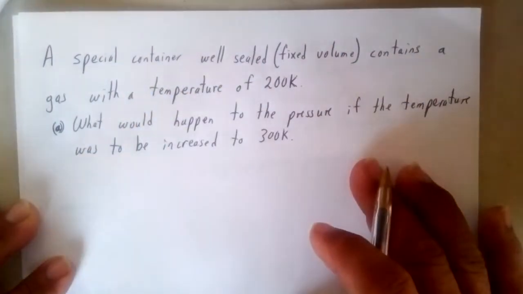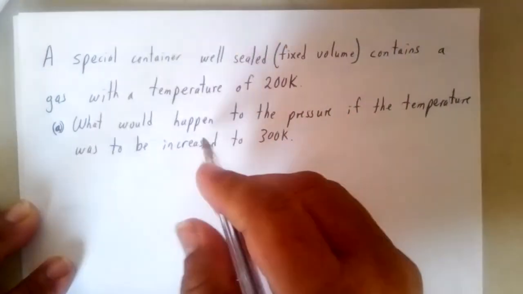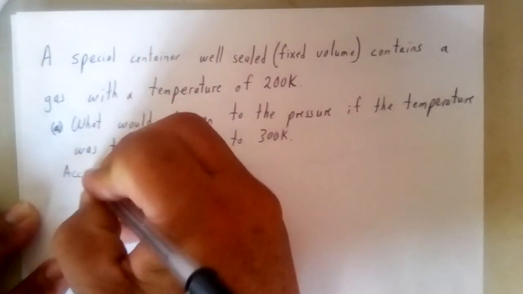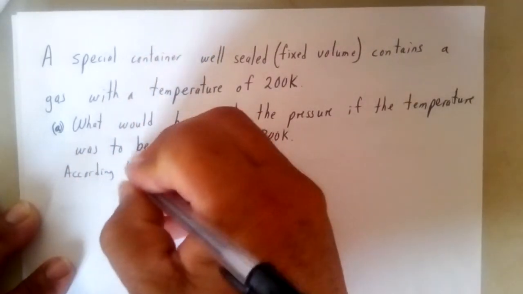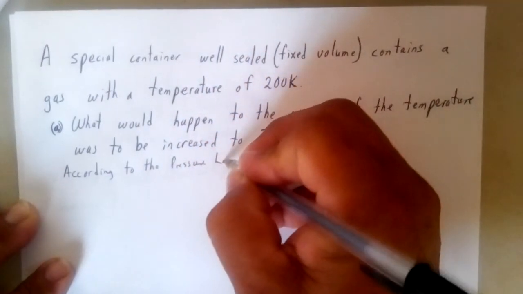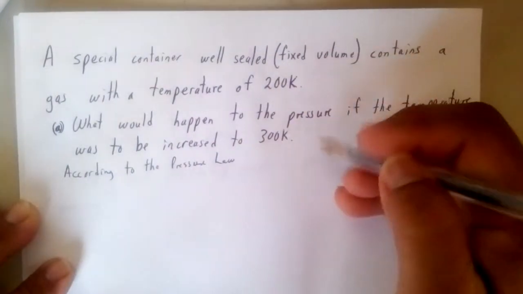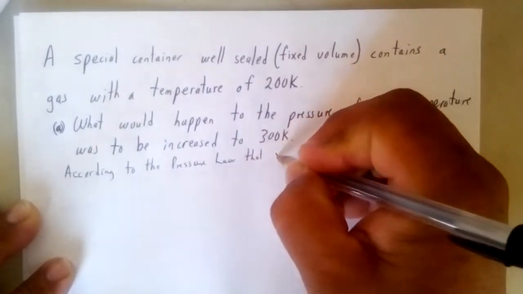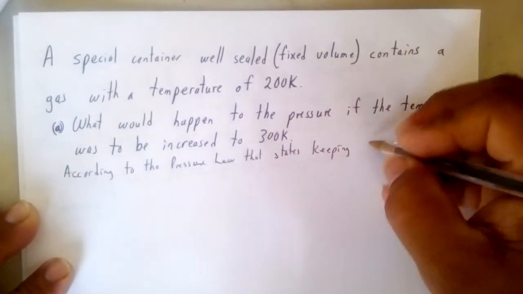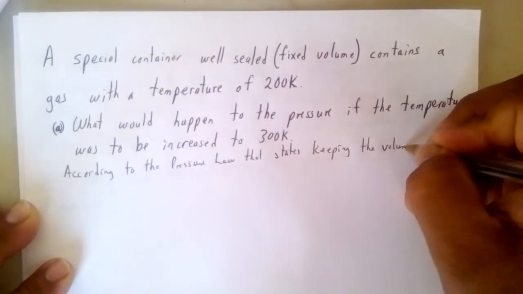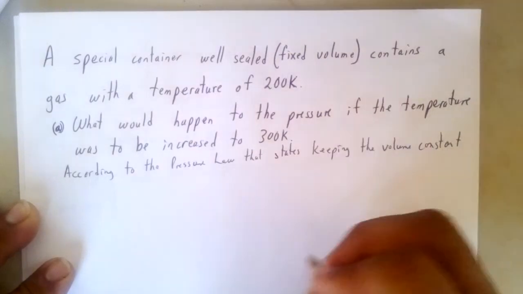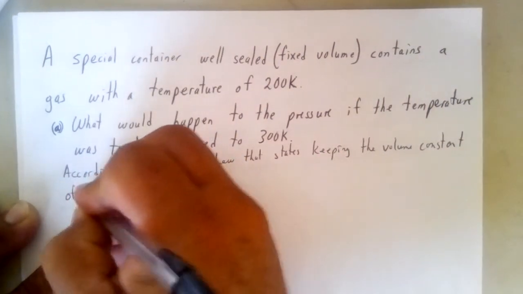Since we're looking for the pressure, we're going to say, according to the pressure law, the combined gas laws also if you want to, that states keeping the volume constant, because we are keeping the volume constant. Remember, it's sealed, closed, constant, of a fixed